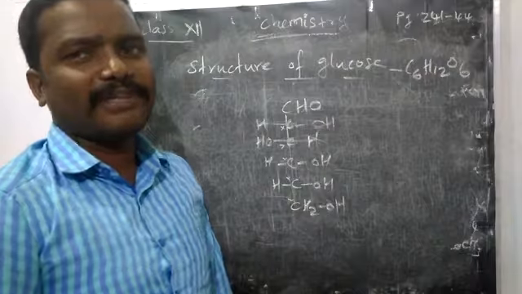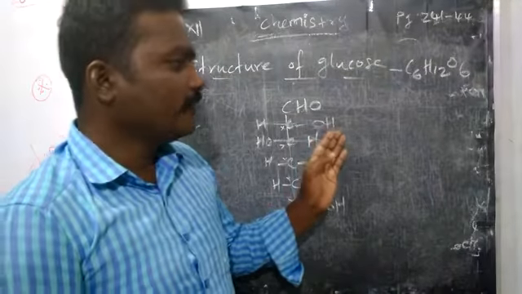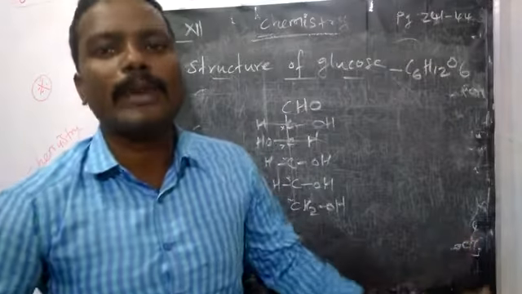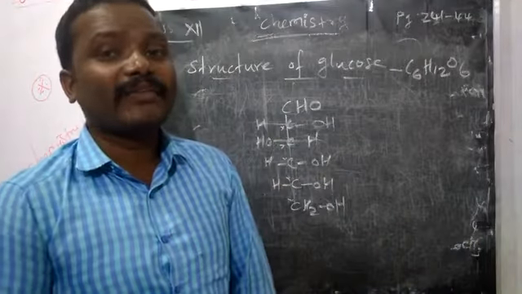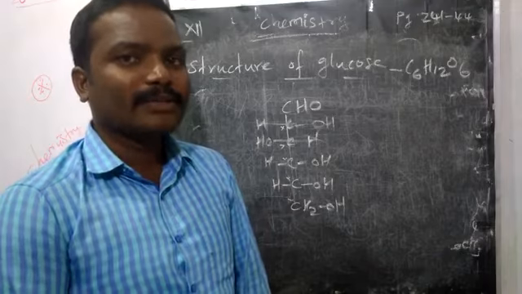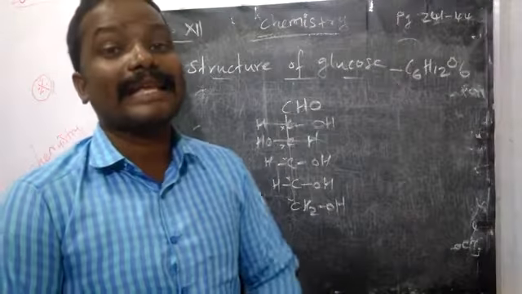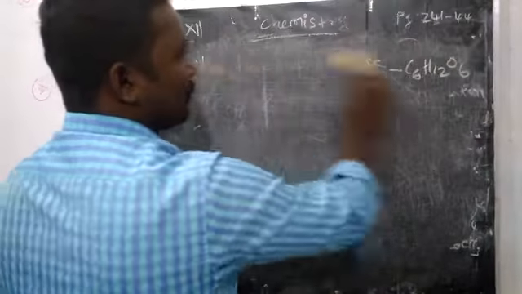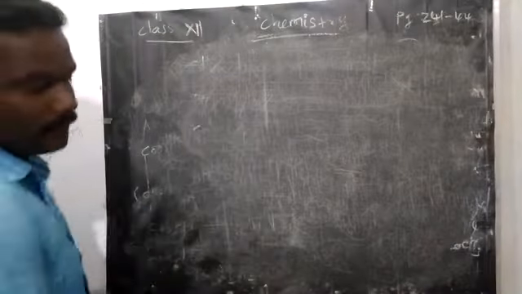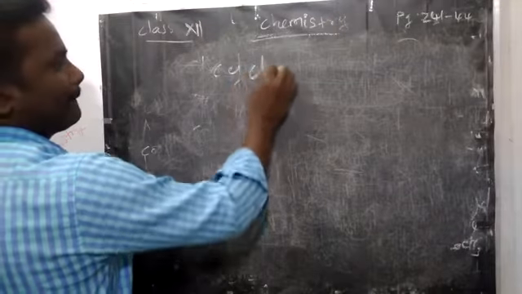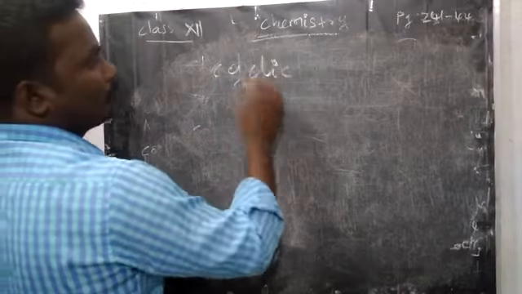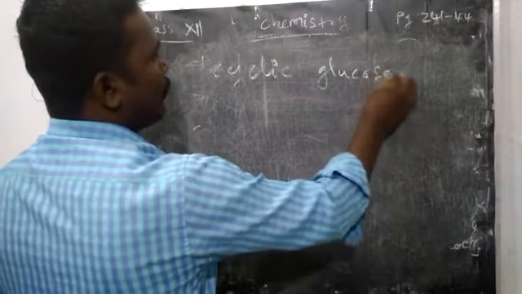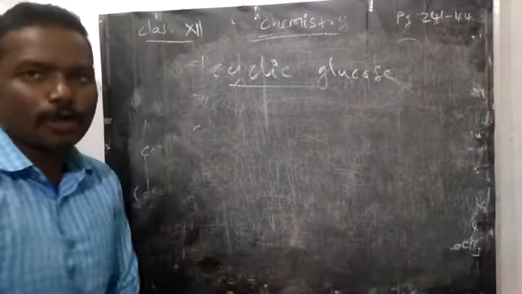But do you know the beauty of that? See, if you treat this compound with a certain test which is not obeyed, from that we are going to know this glucose also has some other cyclic form. Yes, next we are going to learn the cyclic form of glucose. How will you find the structure of cyclic glucose?